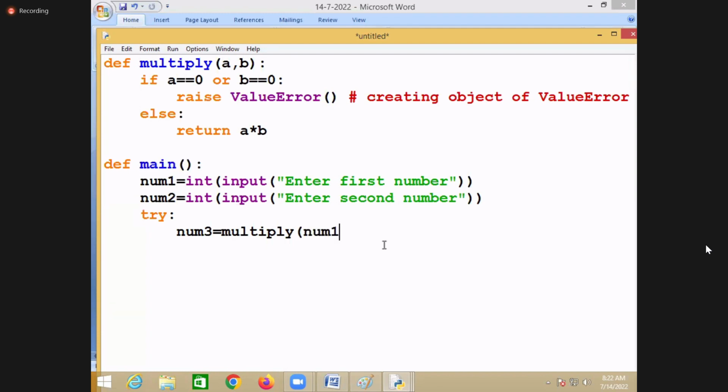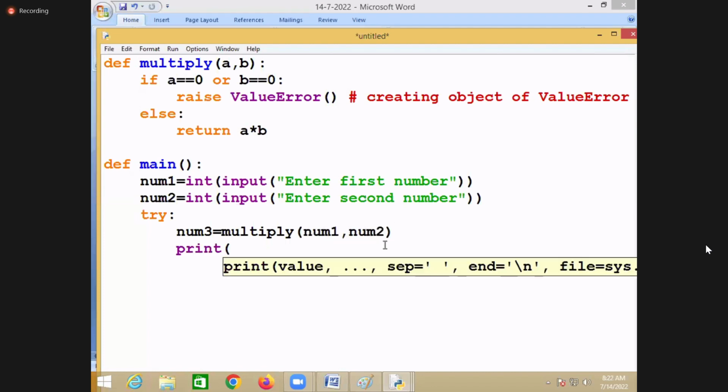So I'm sending how many values here? Two values, that is number 1 and number 2. And then I try to display the message. Okay.